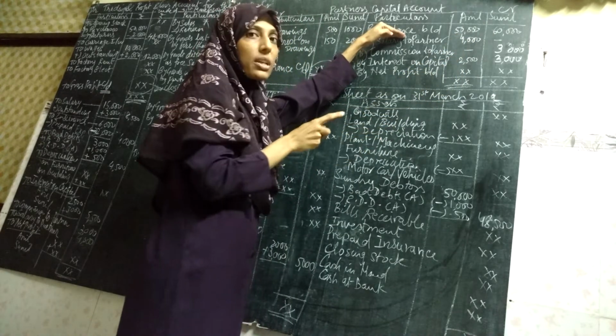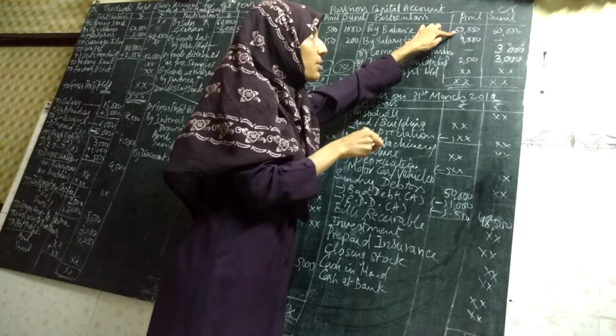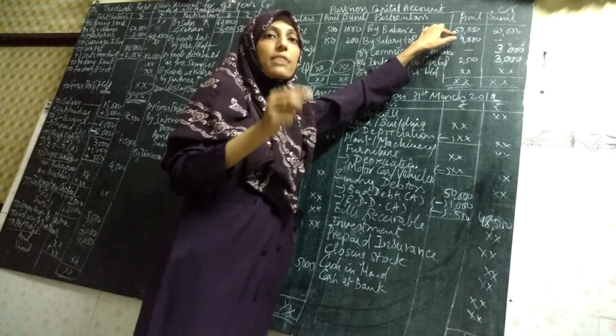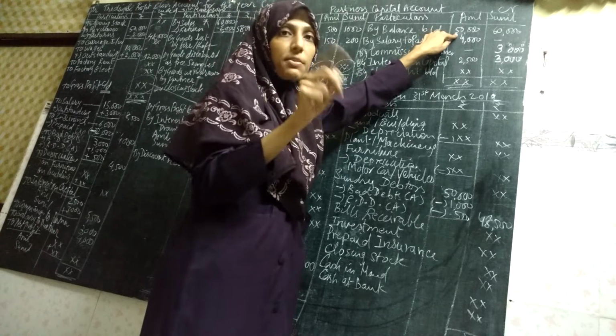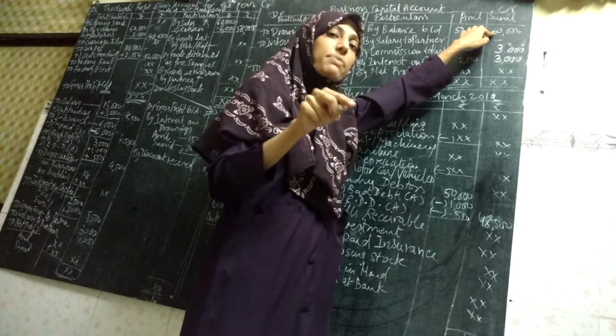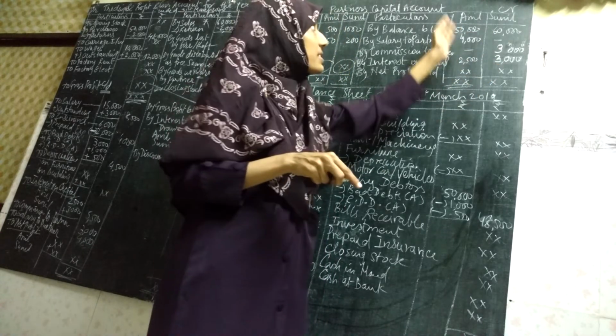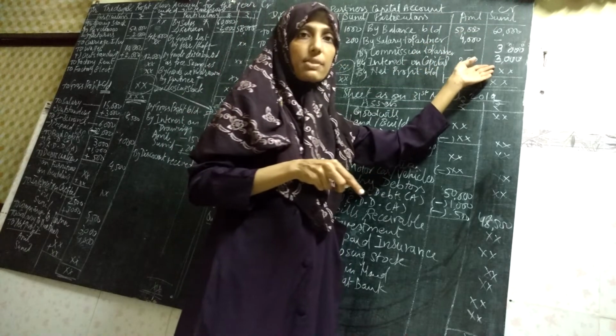By balance brought down, it is the opening capital. Interest will be charged on that balance, 50,000. Say interest on capital is given at 5%. So 5% of 50,000 will be 2,500. On 60,000, the opening balance, 5% will give you 3,000. So 2,500 is received by Anil, 3,000 is received by Sunil.